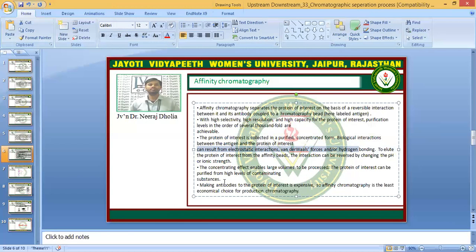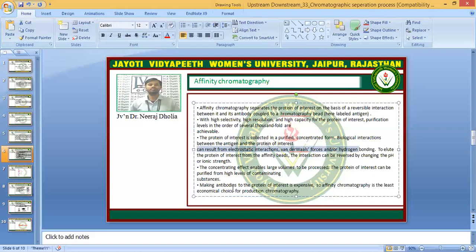Because of the concentrating effect, a large volume can be processed. The protein of interest can be purified from high levels of contaminating substances. So we can use large volumes here also. The setup will be enhanced, and making antibodies to the protein of interest is expensive. So affinity chromatography is the least economic choice for protein production chromatography. Okay, because